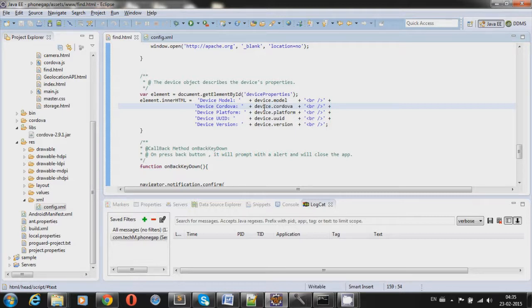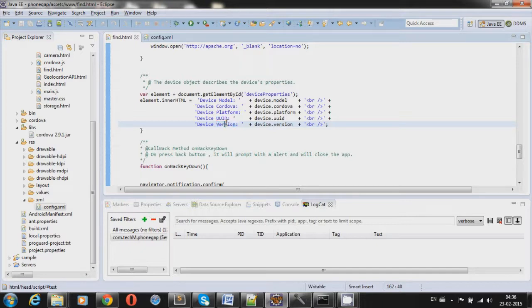We will see how we can fetch the device properties. This is the ID where we are putting our device properties. We can access the model by using device.model. We can access the Cordova version running on the device by using device.cordova.